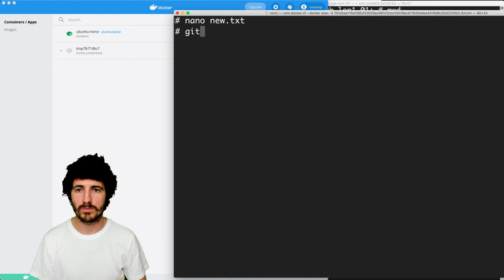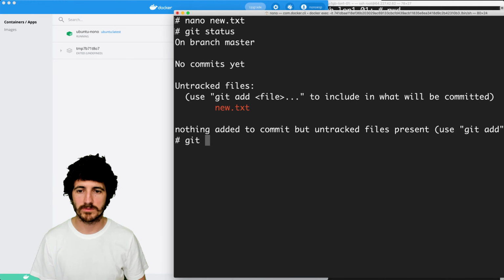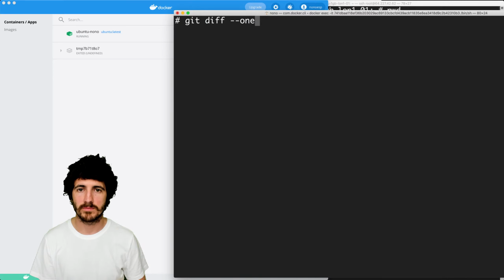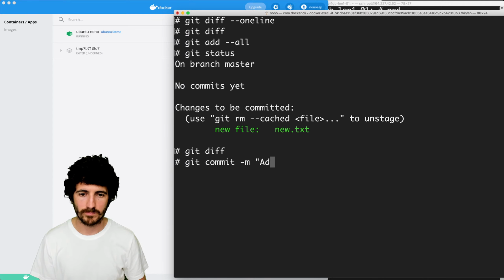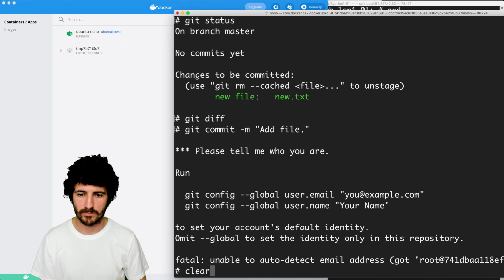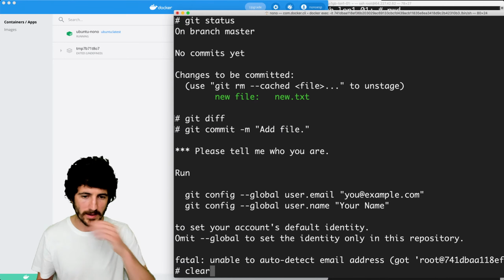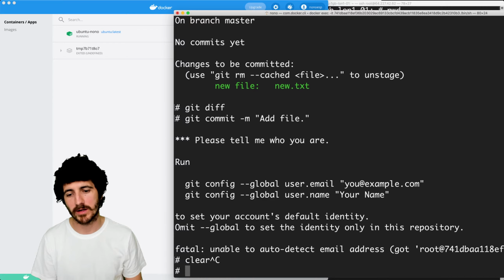And now I can do this, or enable blah blah blah, and then yeah, we will have to configure our account and Git and stuff.